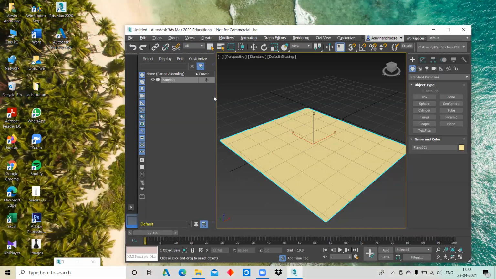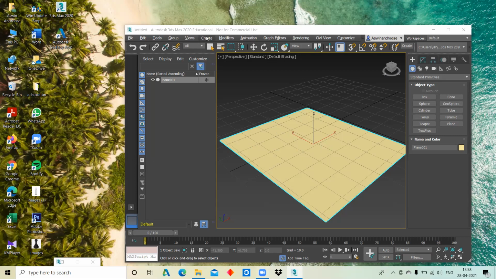Sir, I sent a link of a forum discussion of the problem he is facing. I checked it, but it says 2009 and 2011, and this is 2020. That post is 3ds Max 2009, a really old version, and now he's using 2020.